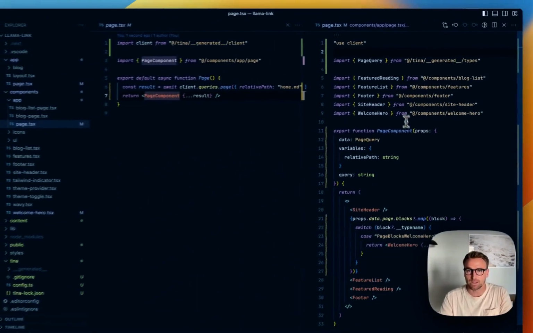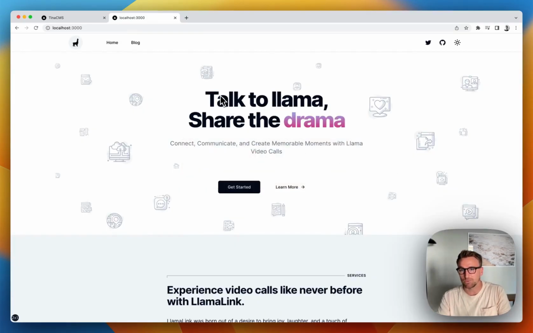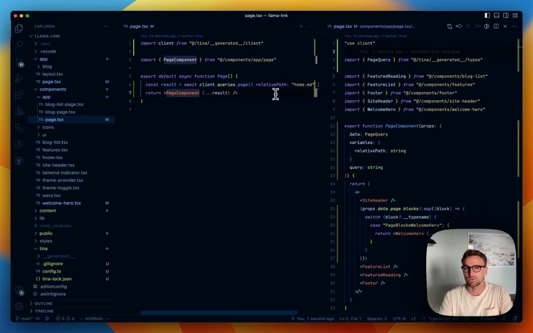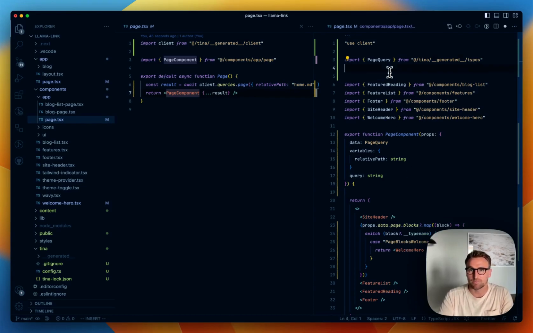There are some different ways you could get around this if you wanted to make your page editable, but not have to bail out and use a client component. You could compose this in a few different ways, and we've got some examples of how to do that. But with that being said, we're going to actually use state, and we've got a hook from Tina,